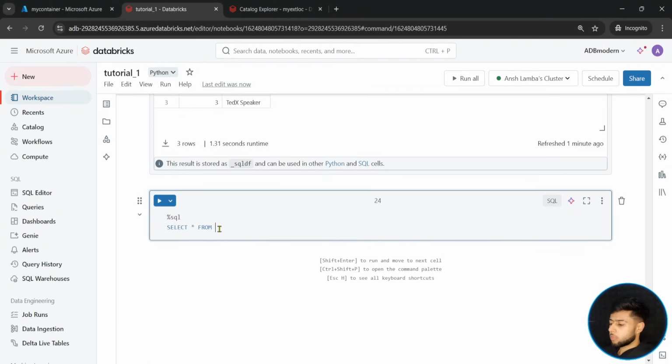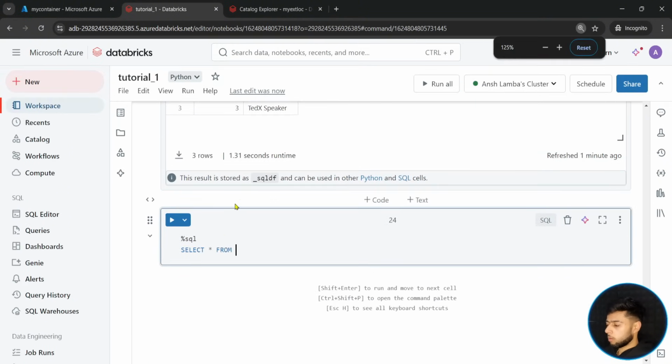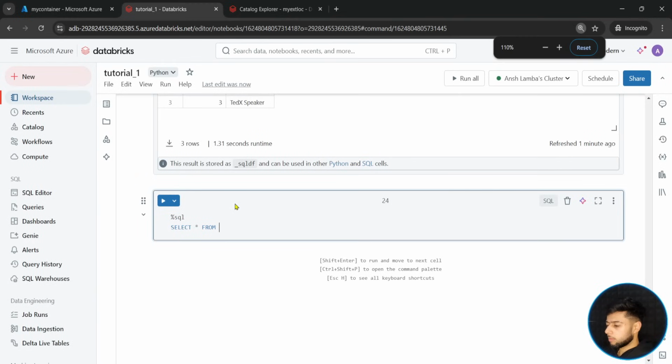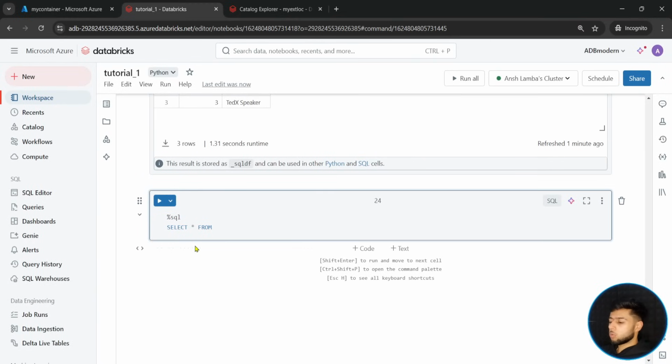Okay, select asterisk from, let me zoom it up. Oh no, it's too big. Okay, so select asterisk from, we need to use ticks. What are these ticks? If you click on the button right above the tab, first you have caps lock, then tab, then a key just to the left of your number 1. It is called ticks. Then you need to give the location abfss, then my container name is my container